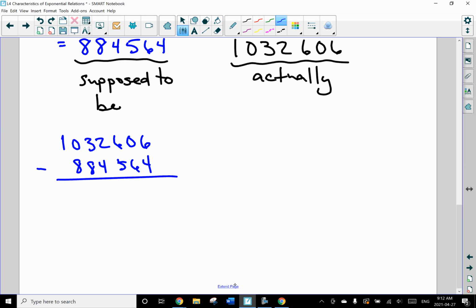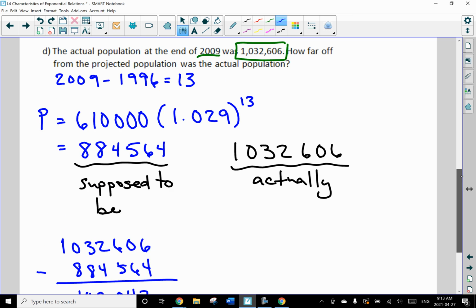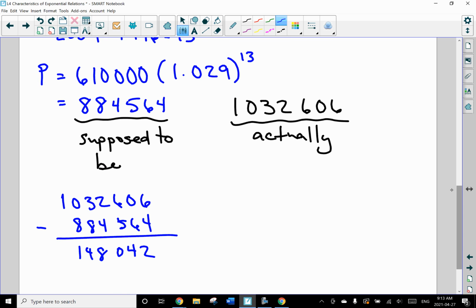It doesn't matter if it was more or less. You're just going to say, oh, well, that was a difference of 148,042. About 150,000 people. So the estimate was off by